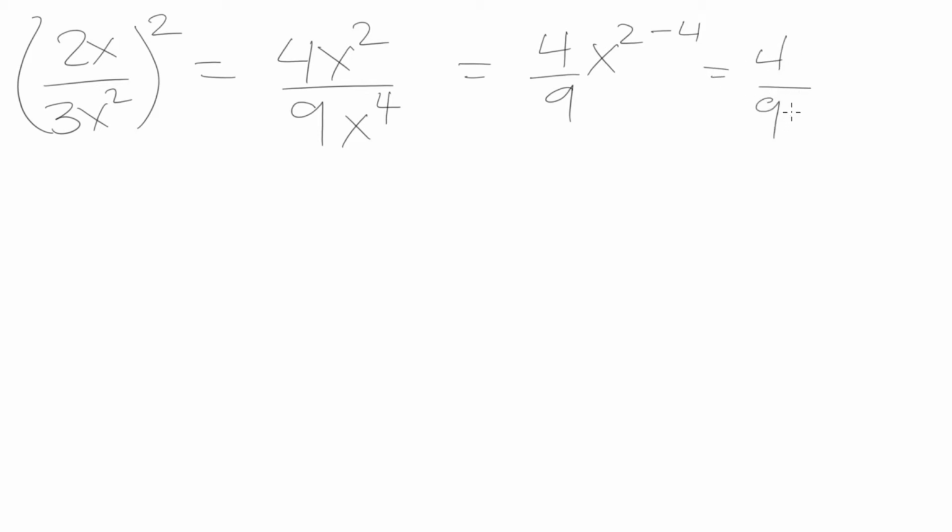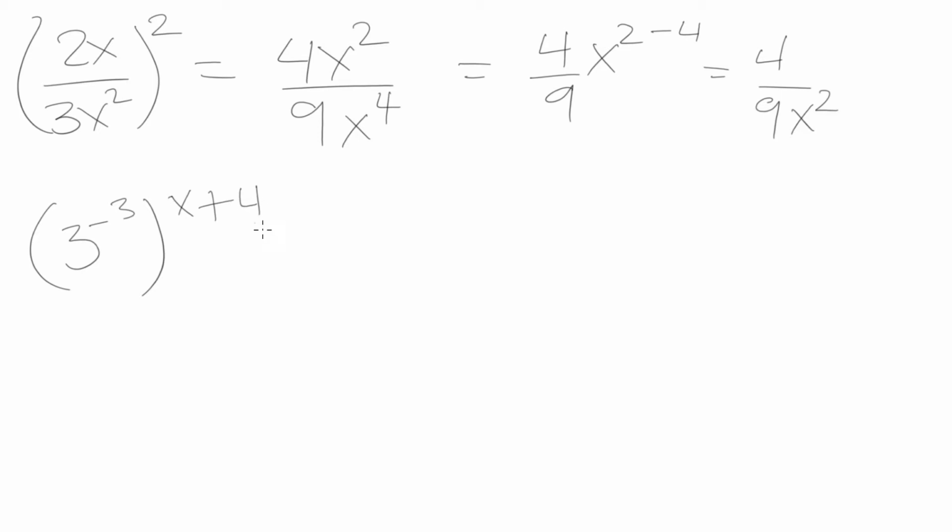So we can write that down with our x squared in the denominator. Again, because if we were writing this down with this in the numerator, it would be 4 x to the minus 2 over 9, but because it's negative, we can bring it down here and it becomes positive. Now let's say we had 3 to the power of negative 3 and raise that to the power of